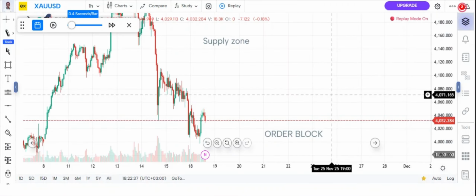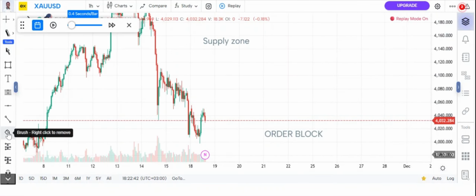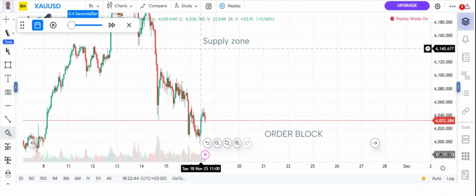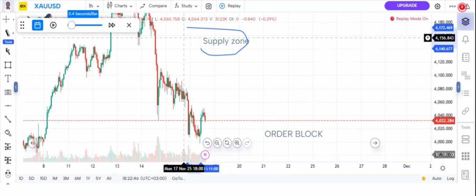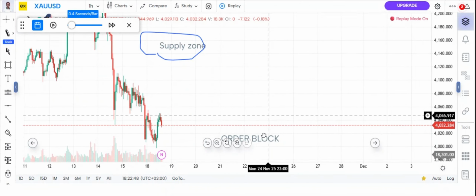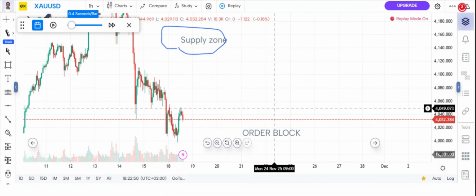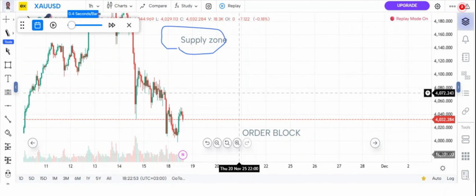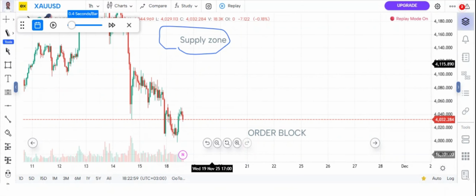So we are here. We're going to be trading today with the supply zone and then an order block. Basically, we're going to identify the supply and then we're also going to identify the order block. This is our market, gold USD, XAU USD. That's what we're going to do. We're going to trade using the supply zone and then the demand zone. So first,